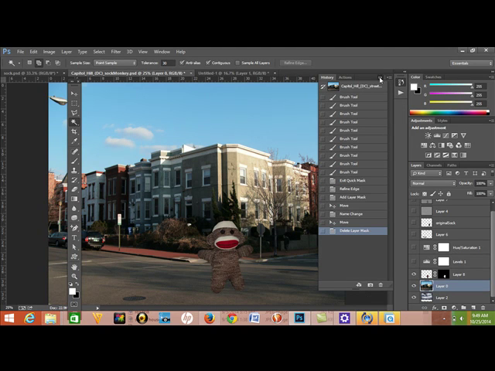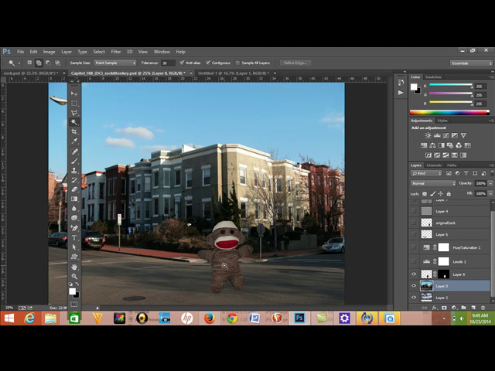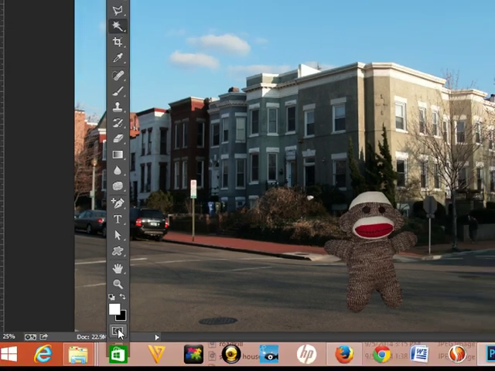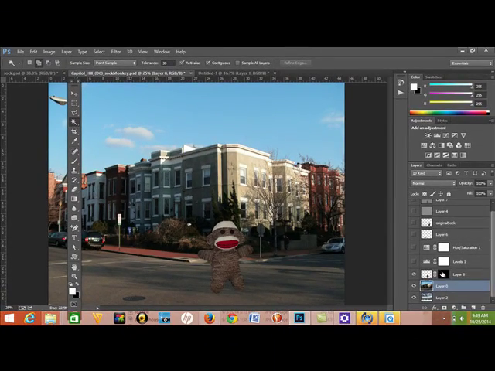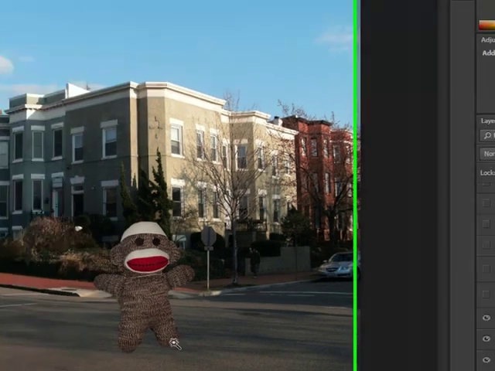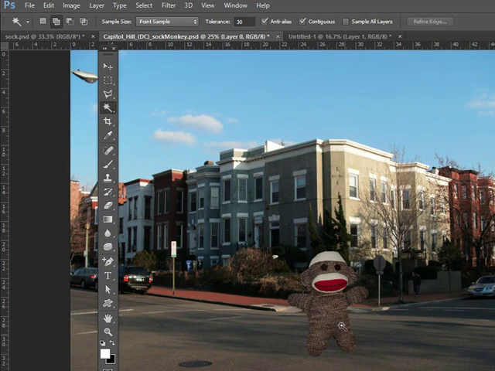So let's continue on with adding sockMonkey to this picture. I did do a little bit more touching up on his edges and made another selection around him and worked on it in quick mask mode, and then I converted that selection into a mask that you see over here. And let's use the puppet warp tool now to kind of change his perspective